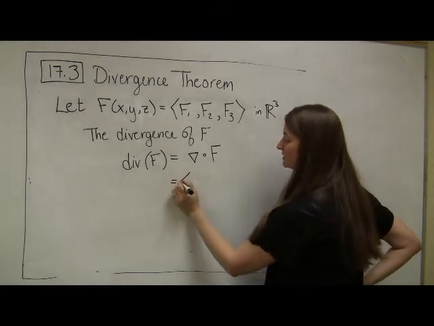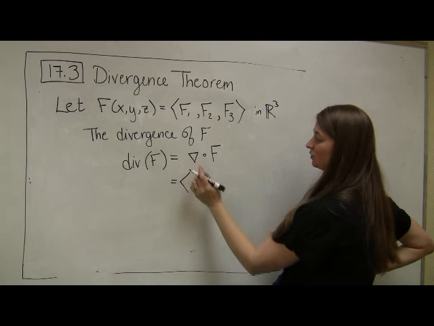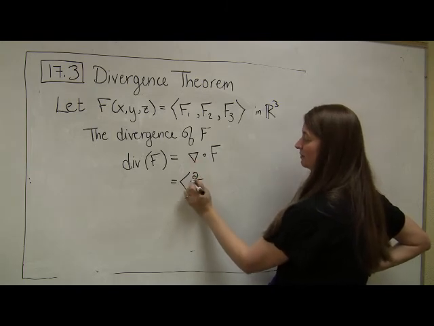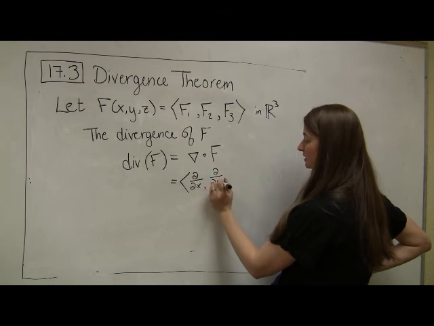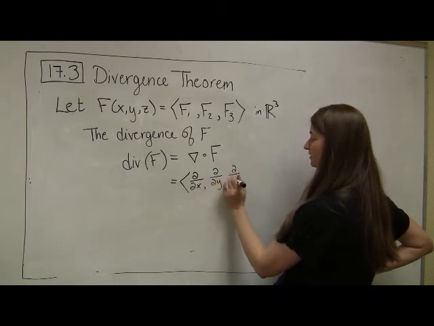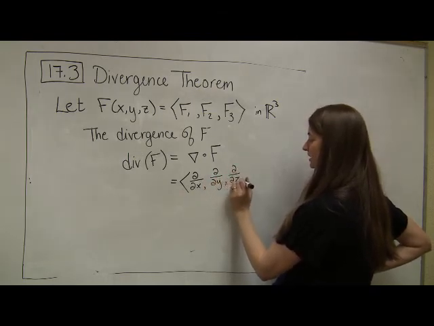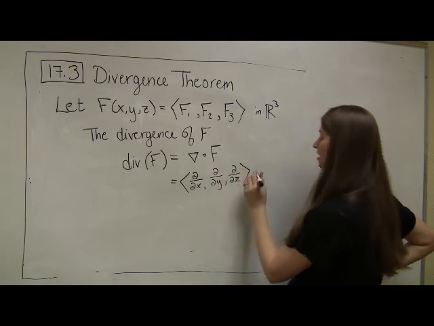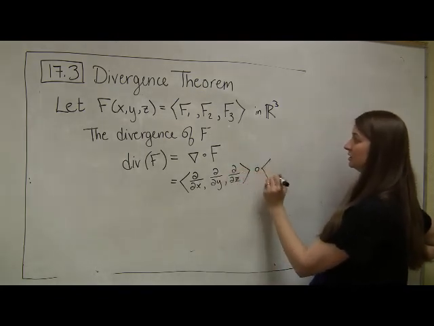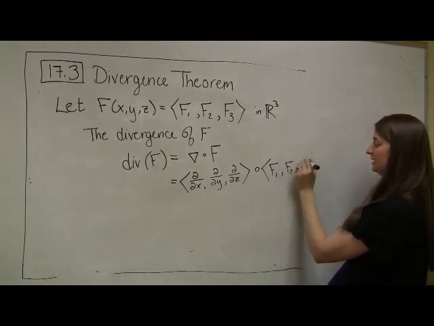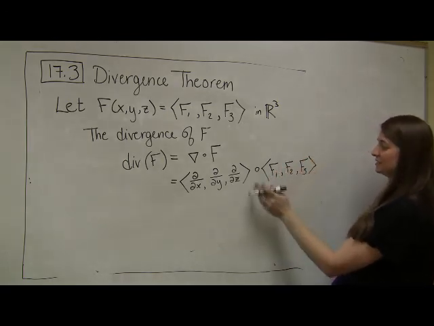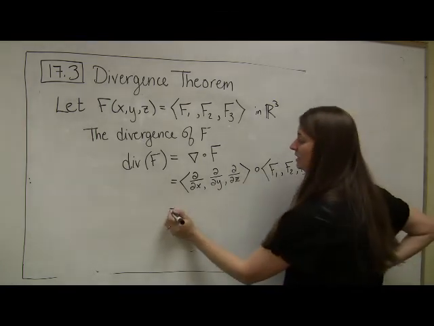So recall from last time that we can think of this gradient as an operator given by the partial derivative with respect to x, the partial derivative with respect to y, and the partial derivative with respect to z. So if I think of this as a vector operating on my function f1, f2, f3,